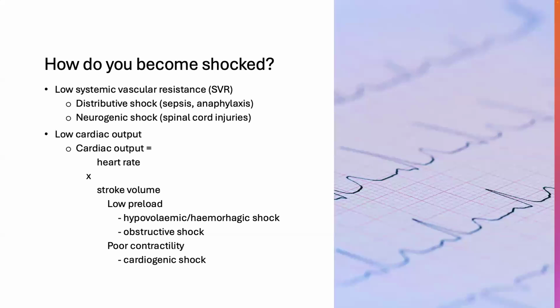So the first thing that's important to understand is how you become shocked. You become shocked in one of two ways. You either drop your systemic vascular resistance, and this is the typical situation that you see in patients who are septic. This is the most common cause of shock overall, but there are also other reasons why you may have a low systemic vascular resistance, such as spinal cord injuries, which result in neurogenic shock,